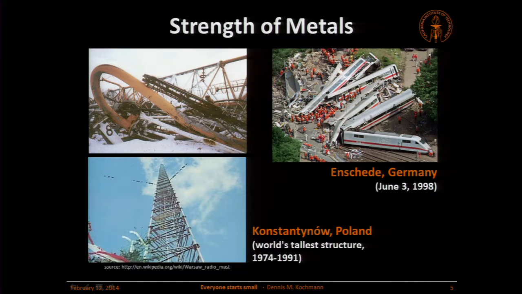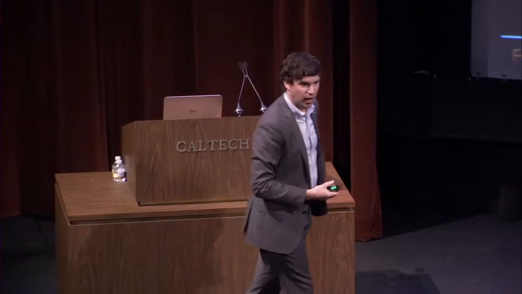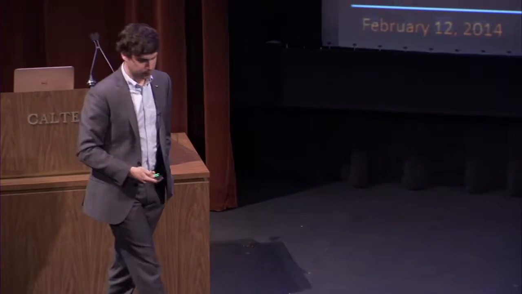What happened on June 3, 1998 was a chain of very sad events. These trains had metal steel wheels, and one of these wheels developed a crack, a large crack that grew. The wheel broke, it got stuck in the floor of one of the carts. It led to a derailing of the cart, and eventually the entire train collapsed into a concrete bridge. More than 100 passengers lost their lives on that day in the city of Enschede. And all of this because a single piece of metal did not perform the way we wanted it to be.